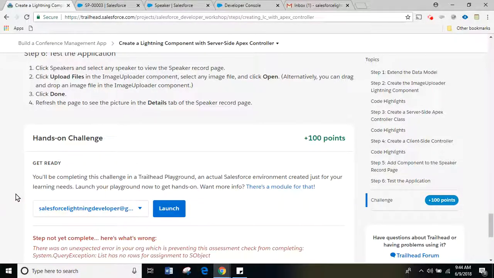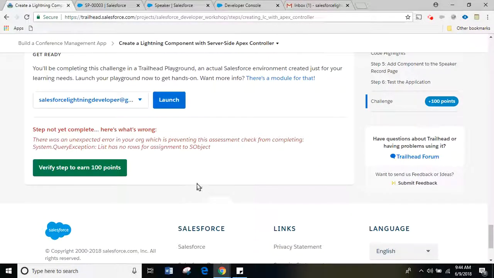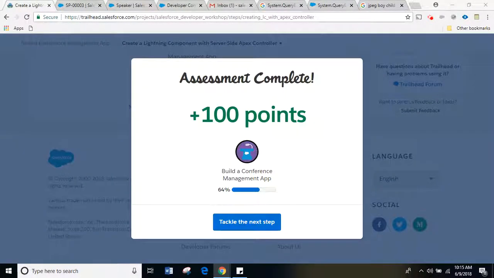Okay, so there is something which did not go well. There was an unexpected error in your org which is preventing the assessment check: limit has no rows for assignment to s object. So it shows there were some exceptions. Let's check what the exception is. Yeah, finally, that was a small issue with the controller class that I needed to save properly. I just saved it, and we're able to complete this